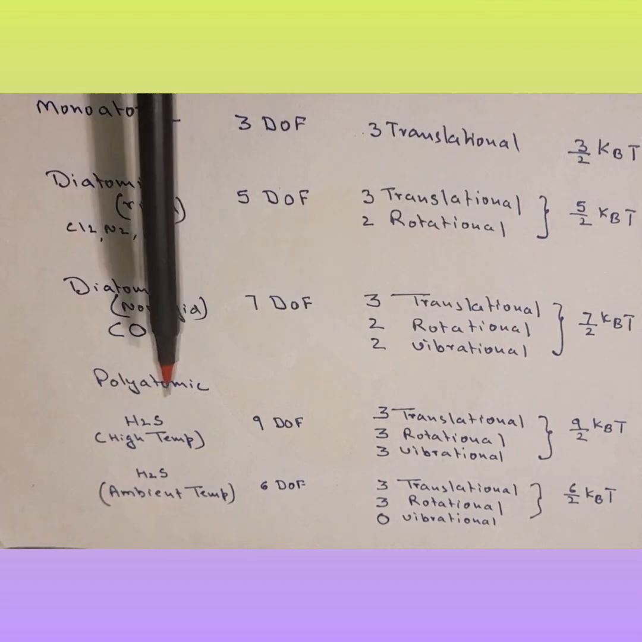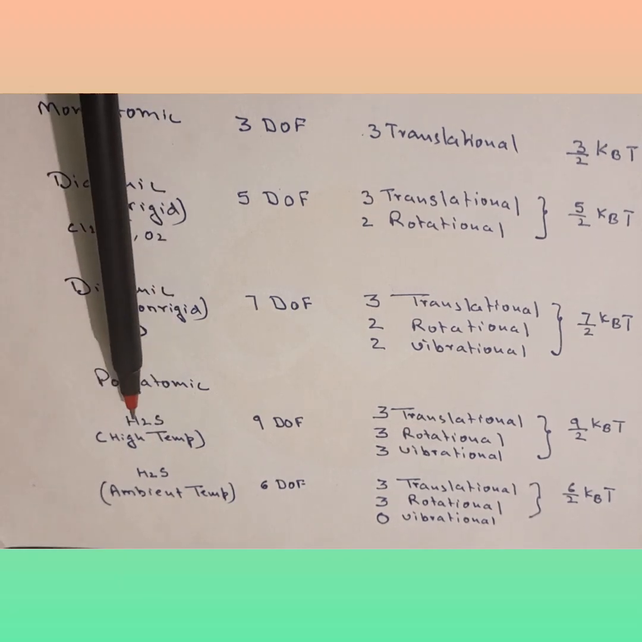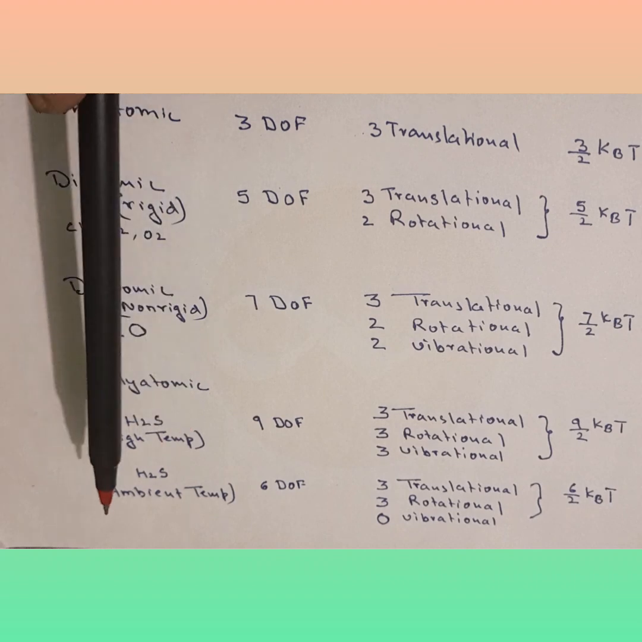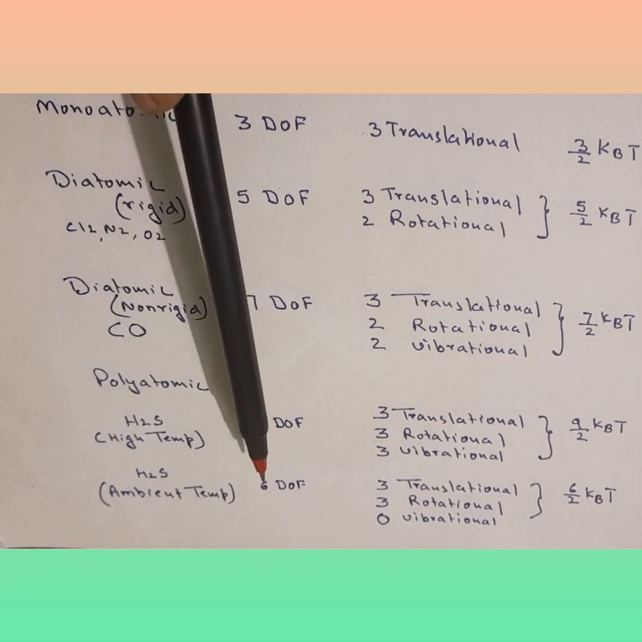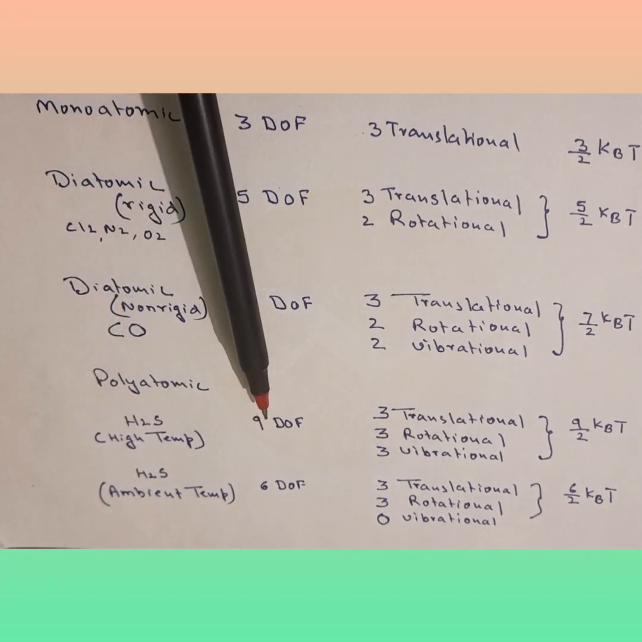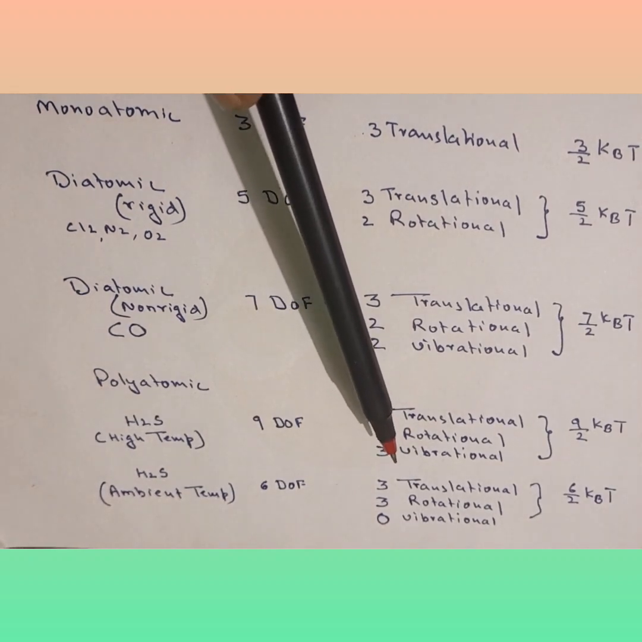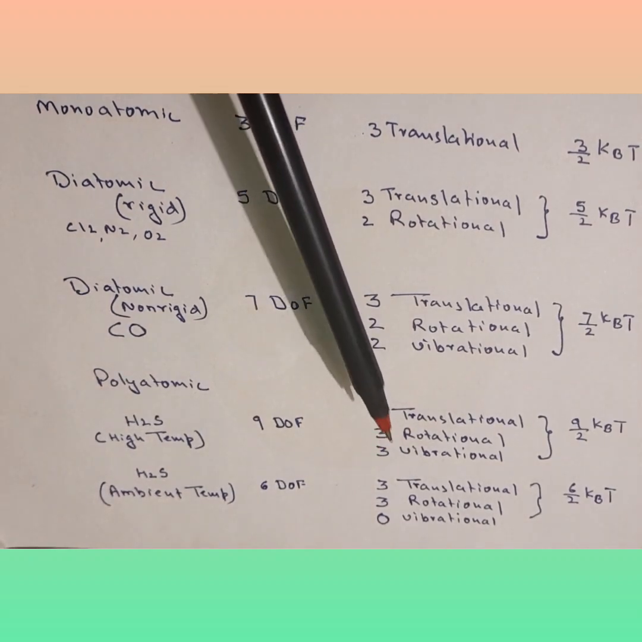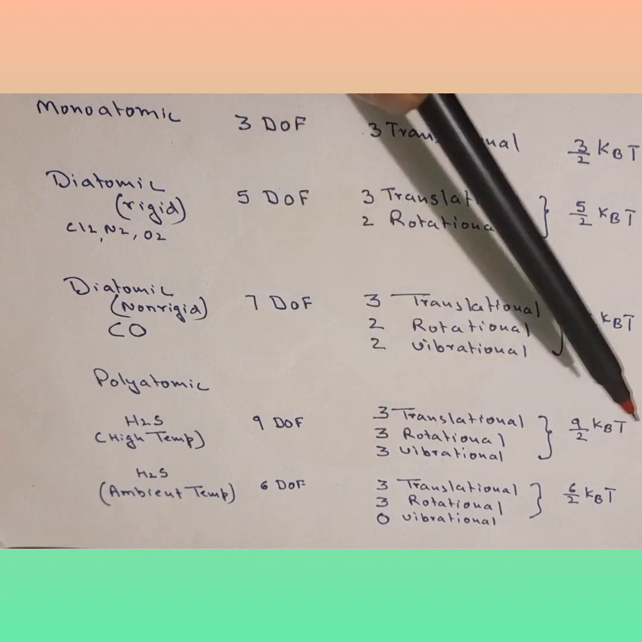Coming to polyatomics, here I have chosen H2S, hydrogen sulfide, at high temperature and hydrogen sulfide at ambient temperature. They have 2 different DOFs. For high temperature, it comes to 9 DOF. That's owing to the additional 3 vibrational along with 3 translational and 3 rotational motion. So it comes to 9 by 2